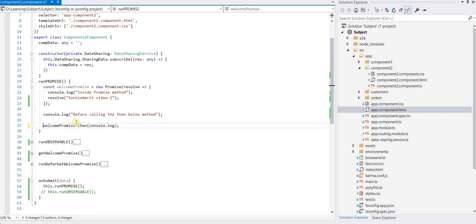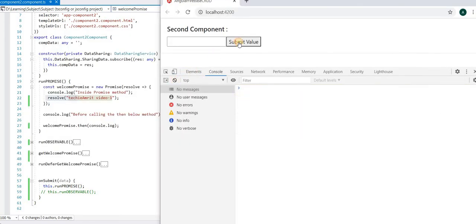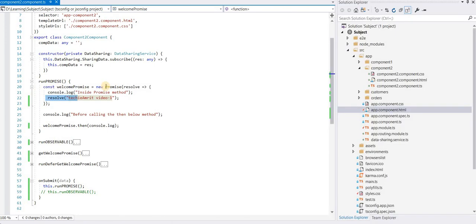When you press then, we are able to resolve this also. You can see they are helpful for handling async requests or callback functions. I will create a video for that in a separate session, otherwise the video will become too long for you.